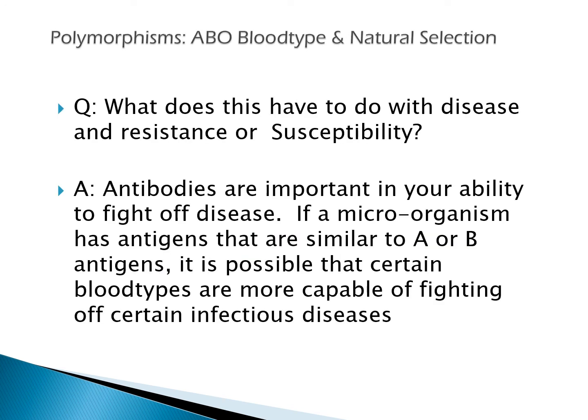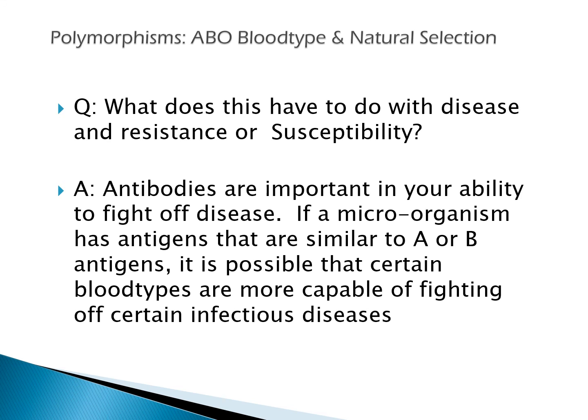So what does this have to do with wrapping up this portion of your reading and thinking about diseases and looking at what things are still shaping our species? With disease resistance or susceptibility and looking at blood type, the ABO blood type system is not about heat, it's not about altitude, it's not about diet, it's not about temperature, it's not about oxygen concentration. It is about microorganisms and the incidence of disease in the past.